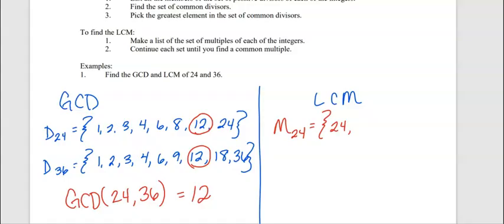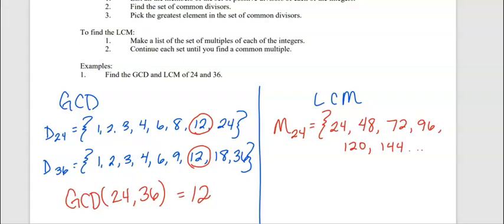24 times 2, sorry, my pen is freezing, is 48. 24 times 3 is 72. And we're just going to keep adding 24 every time. So then we get to 96. After 96, another 24 would be 120. Another 24 would be 144. And then I'm going to do dot dot dot